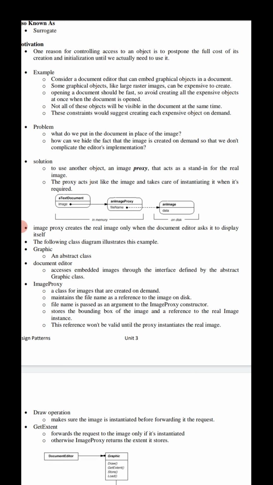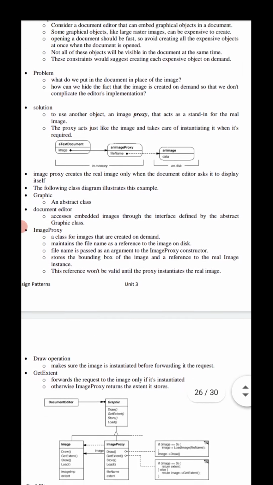The image proxy is a class for images that are created on demand. We need to maintain the file name as a reference to the image on disk. The file name is passed as an argument to the image proxy constructor. It stores the bounding box of the image and a reference to the real image instance. This reference won't be valid until the proxy instantiates the real image.